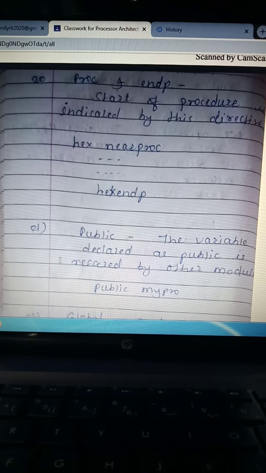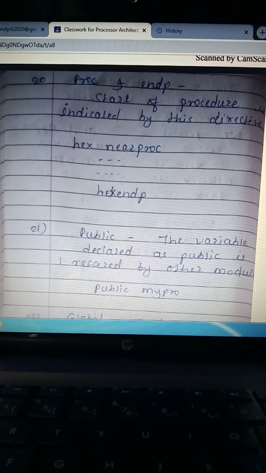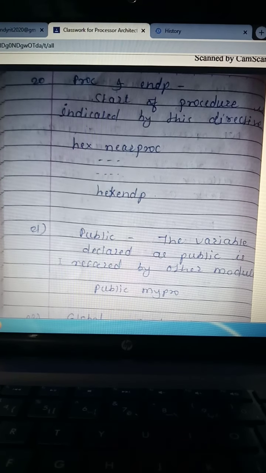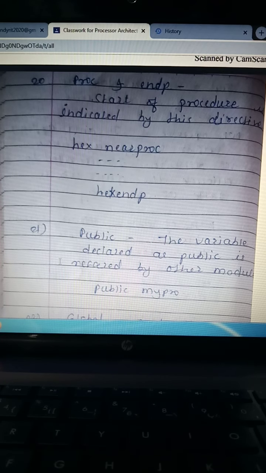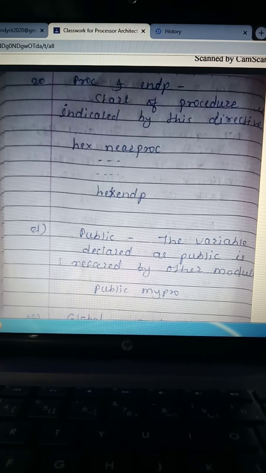In this example, we have a statement like HEX NEAR PROC, and after that we have the instruction HEX ENDP. In the first instruction, HEX is the procedure name, NEAR is the procedure type, and PROC is the directive used for the procedure. In HEX ENDP, HEX is again the procedure name, and the ENDP directive indicates the end of the procedure.